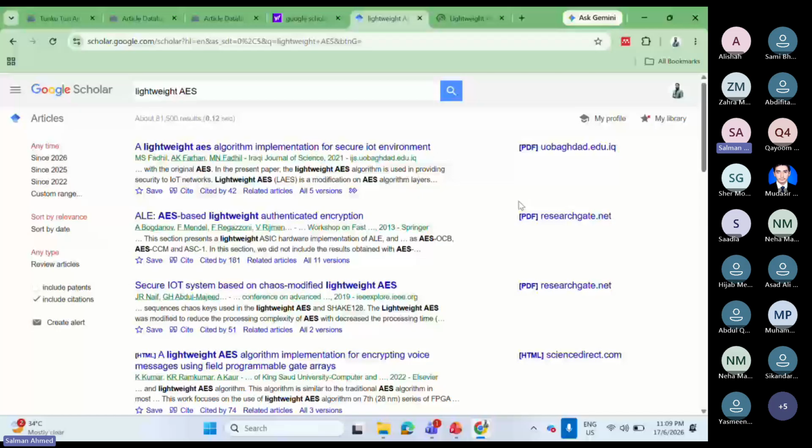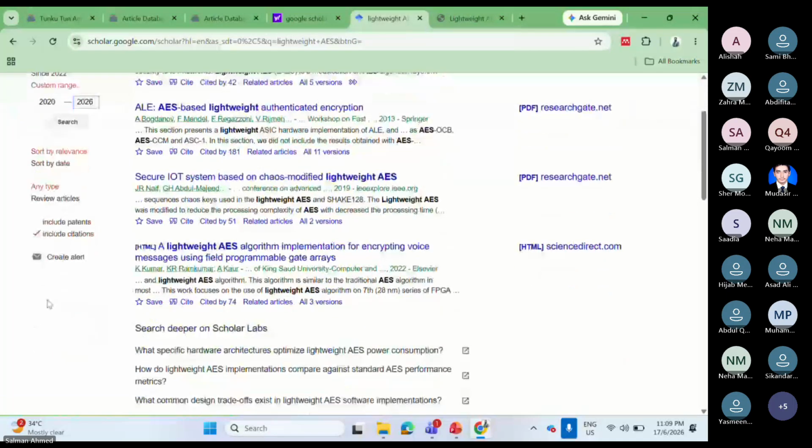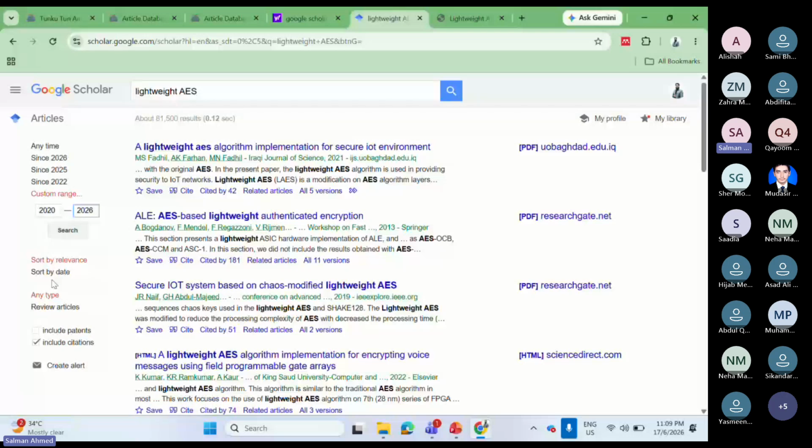We can customize the range, from which year to which year I'm focusing for my search. Then here we can set the relevancy, what type of search we are doing. We can sort by date or show only the review articles. This is a very simple aspect.